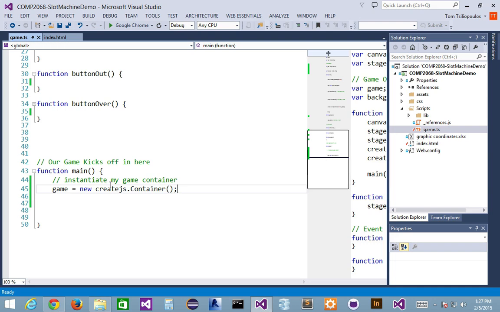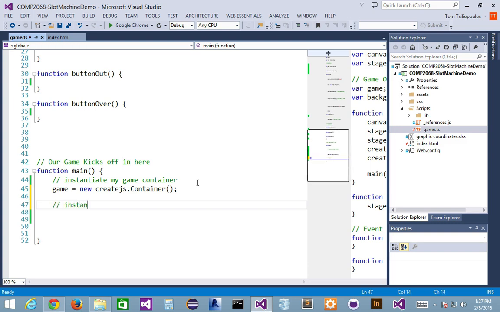Okay, let's check this out. So this is my first piece. I've got my container class. It's called game, and it's a global variable. And the next piece I want to add is to instantiate